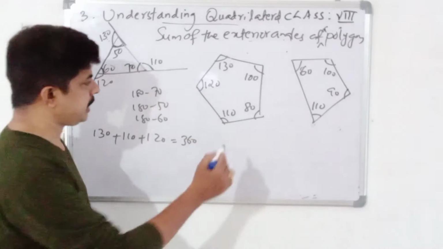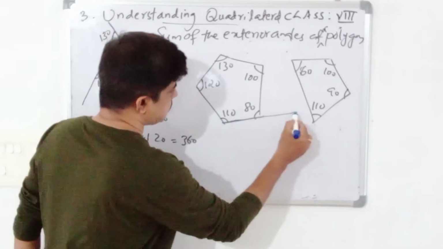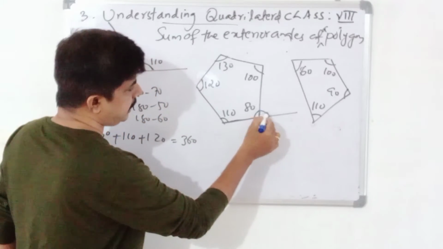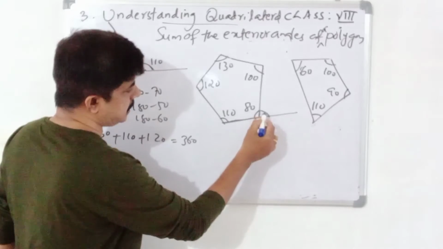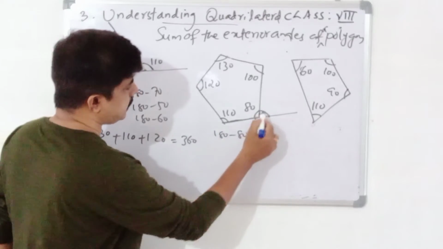This is a pentagon. Let us see. Each angle, each side should be extended. This line is extended. Therefore, these two angles will form a linear pair. They are adjacent angles. We have to calculate this angle. We have to do 180 minus 80 is equal to